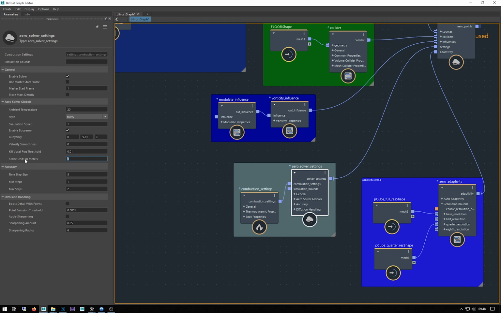I left everything as its defaults there. The scene units were a meter. Simulation speed can be quite handy. If it's going a bit slow, you can speed it up, or if it's going too fast, you can slow it down. That's a global setting. We didn't really look at anything here, so I didn't do much there. That's an accuracy thing, so if you're getting stepping in your simulation, you can crank these numbers up. So it calculates the simulation